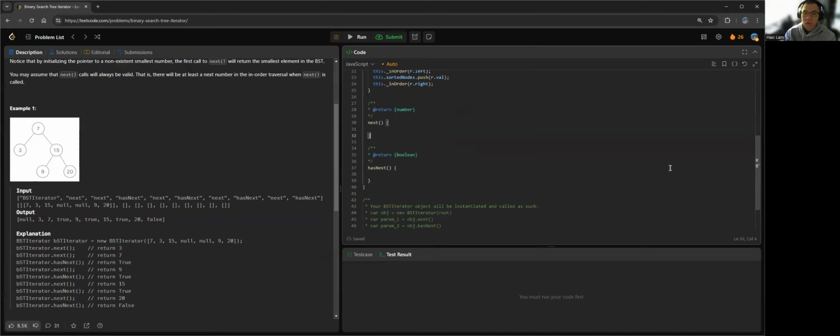So if next is called, we will return the value at the current index. This is our sorted node array, and this is the index. So when next is called, we return the value at the current index, and then we need to increment our index. For hasNext, we have to return whether the index is still in bounds. If it is less than the length, it is in bounds. If it is equal to the length or greater, it means we have run out of nodes